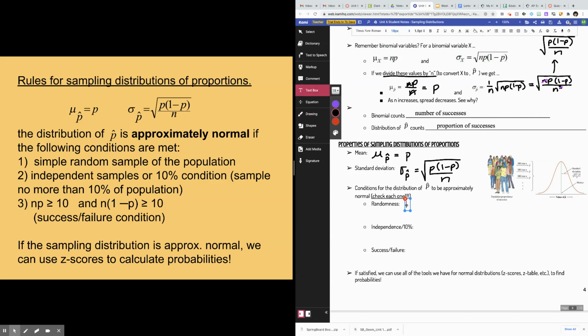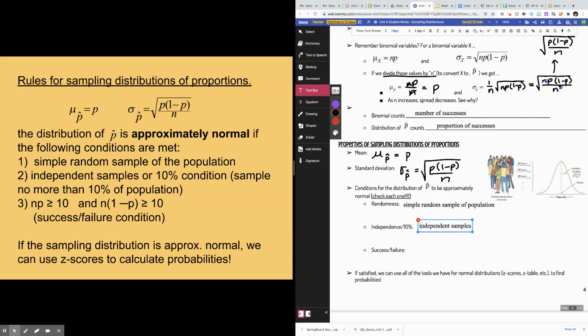These are your 3 conditions that you have to check. The first is the randomness condition. The samples have to be pulled randomly from the population, so you have to have a simple random sample of the population. That's the first condition. Second condition, you're going to hear me call this the independence condition, or more often the 10% condition, which is you have to have independent samples,